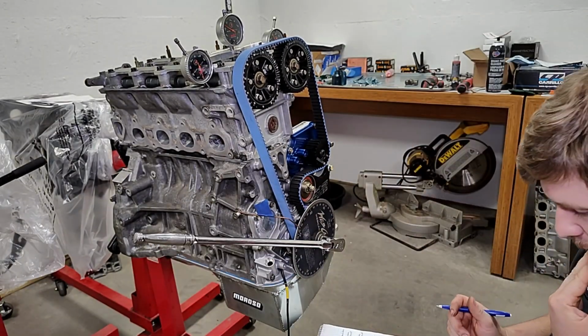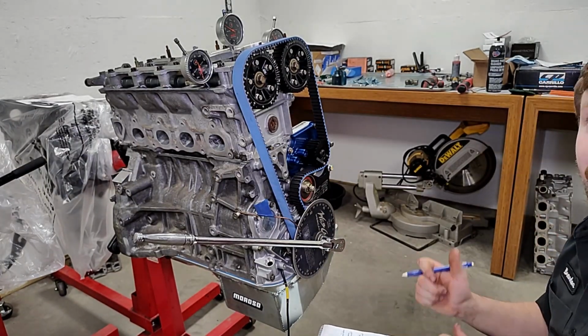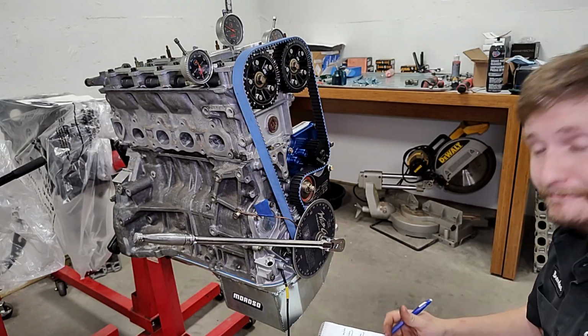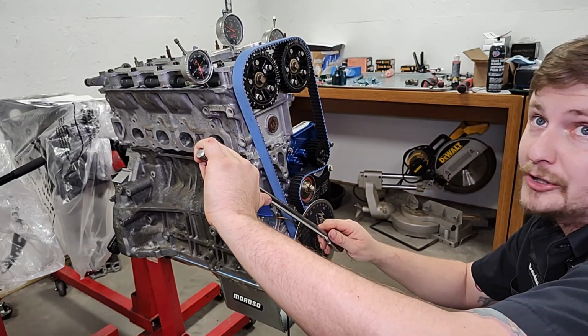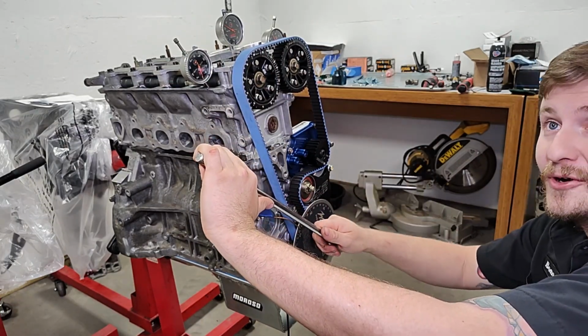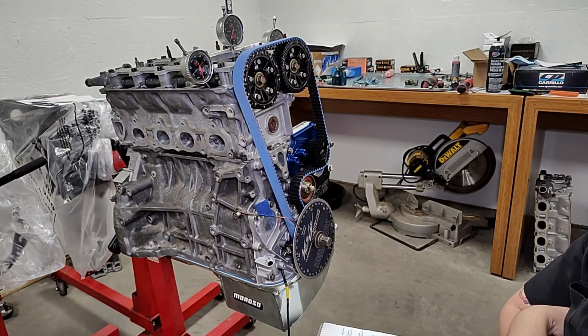Instead of being at 0, my exhaust ended up at +1 and my intake ended up at -6.5 to get to true lobe centerline. Gotcha. That's why you check. Because sure, it would have run, but 6.5 degrees on one and 1 on the other, that's a pretty big margin. The power you would lose from not having that degree at, say, when you're only trying to make 400